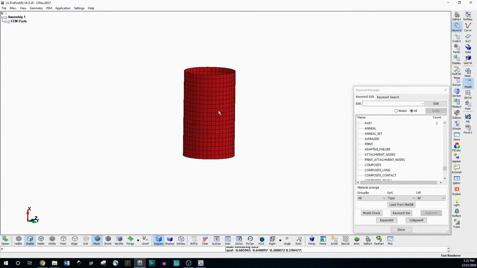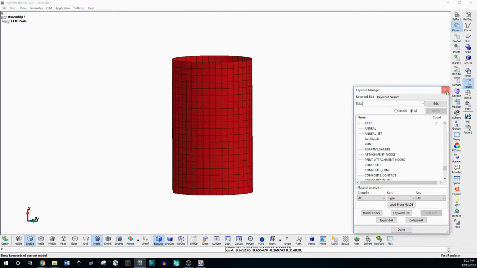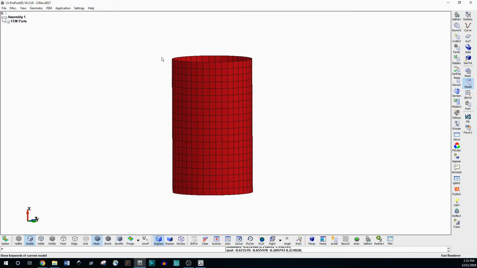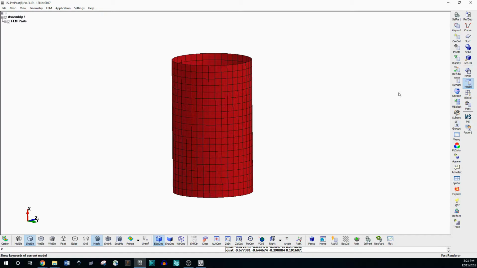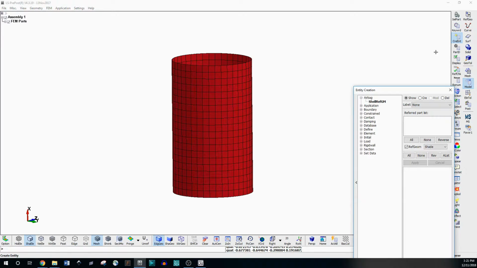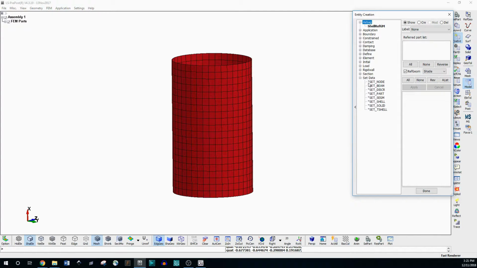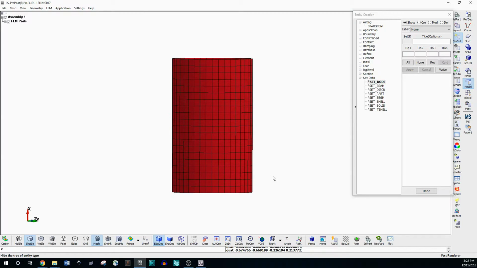So now we're going to need to set up the actual boundary conditions of the simulation. And what we're going to do is an axial compression of this cylinder. So we're going to go to create entity here, and create entity allows you to define different sets. You can also define other things here, but I mainly use it for defining sets. And we're going to make a set node. And what we want to do is make two different sets of nodes, the bottom and the top, where we're going to have the bottom stay constrained in the x direction so that this can't move down, but can move outwards. And we're going to set a top node set that is going to define the motion of this cylinder